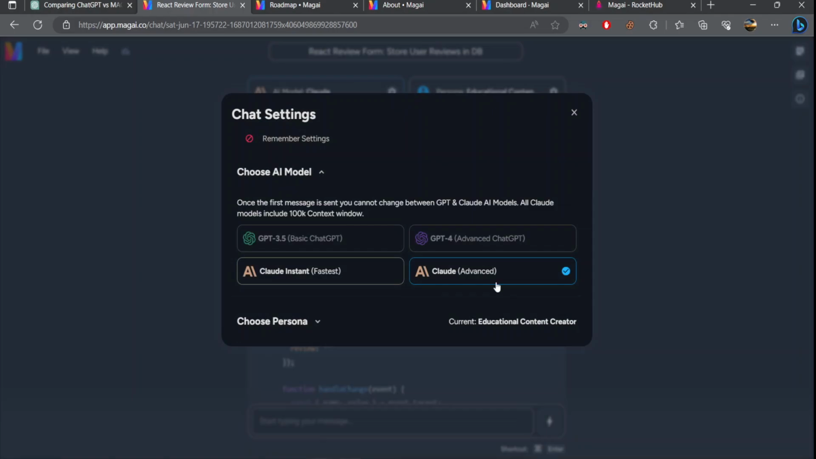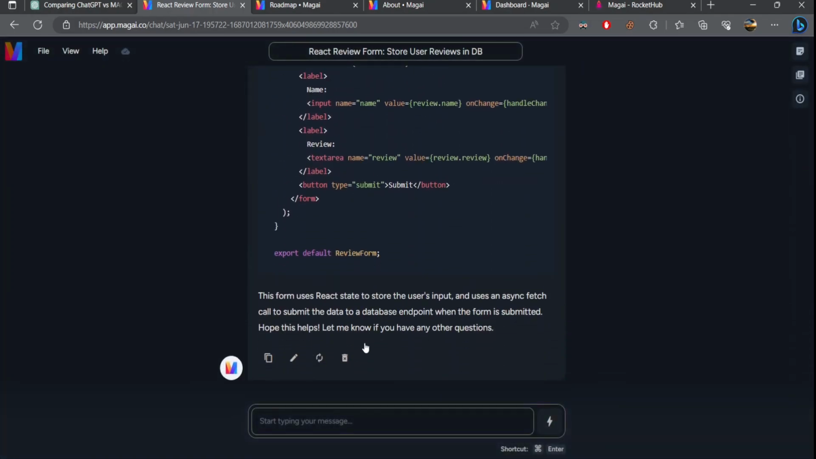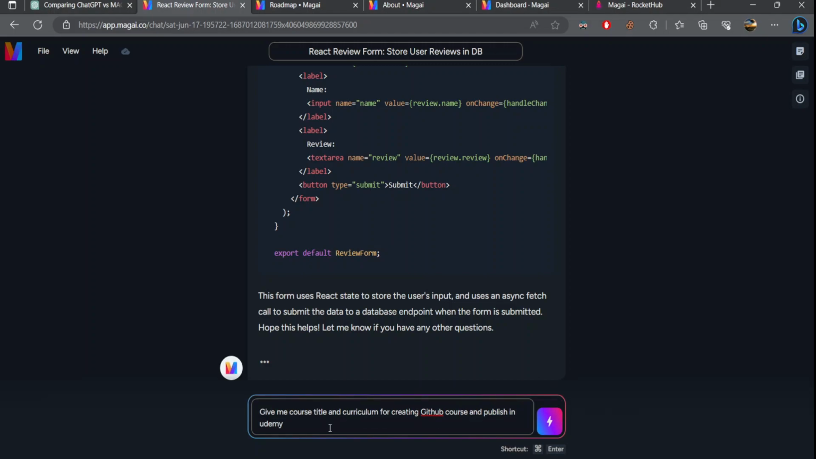AI model, Claude Advanced, and give me a course title and curriculum for creating a GitHub course and publishing on Udemy. So yeah,